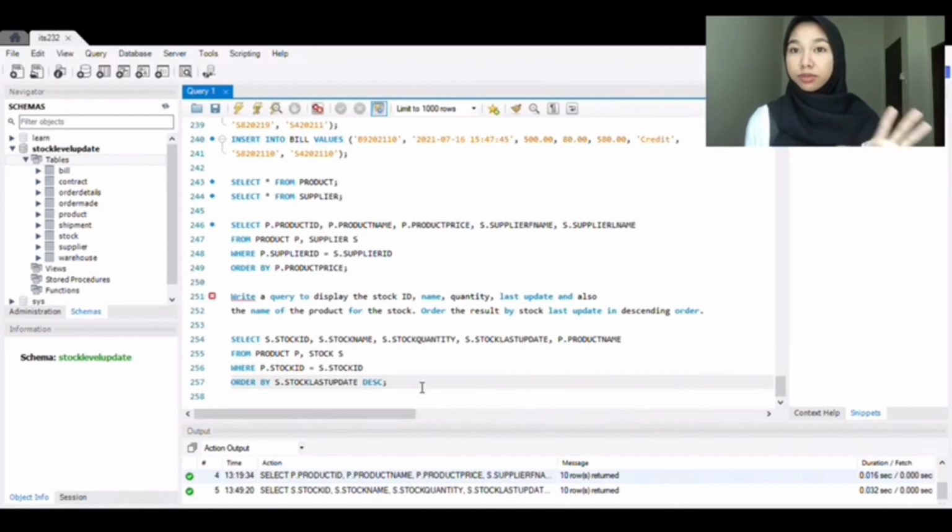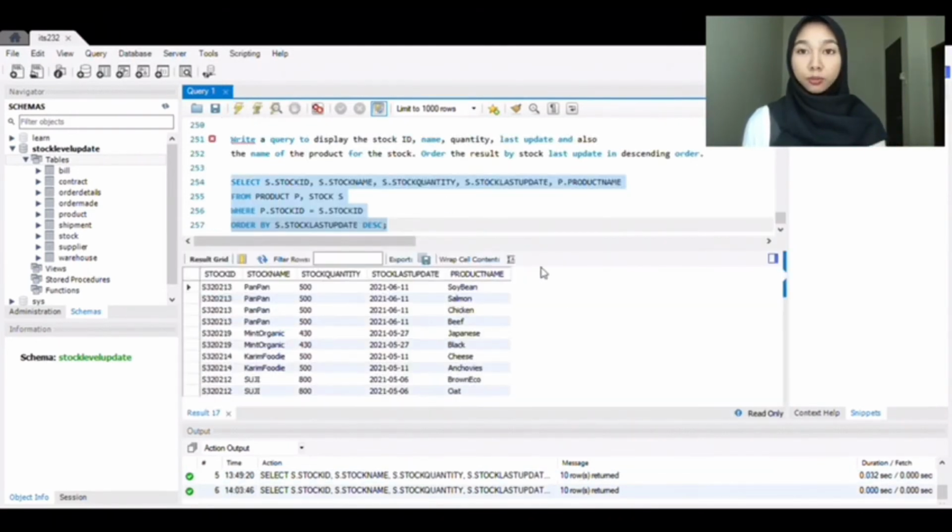So if you want it to be in descending, you need to write DESC. Okay, so that's why we write DESC, because the question wants descending order. So that's why the command is order by s.stock_last_update DESC. Okay, next we will run this command and the output will be,